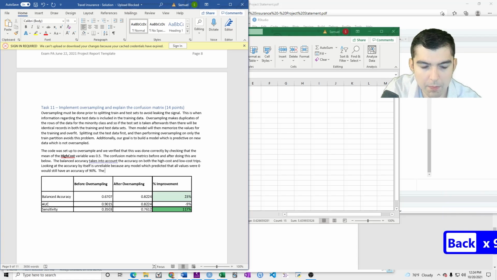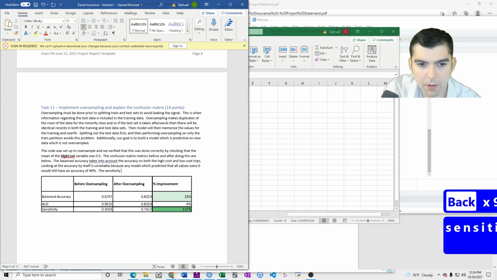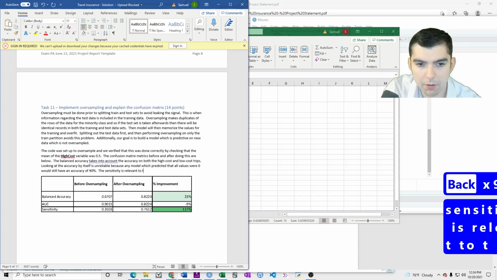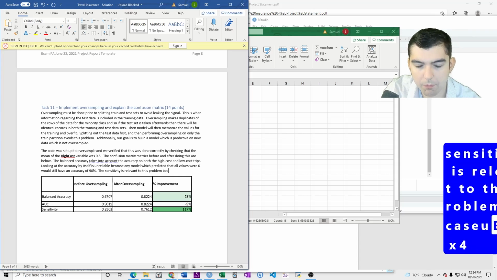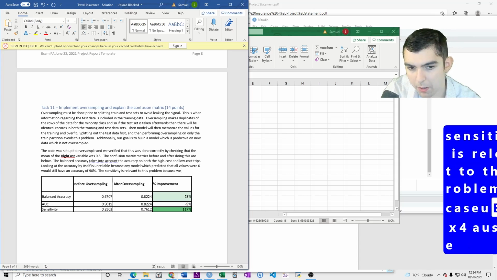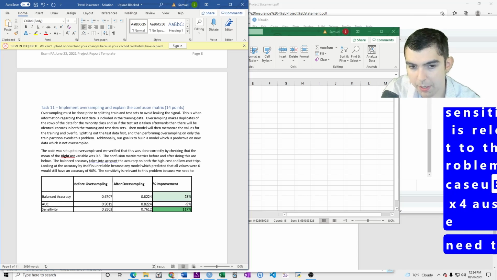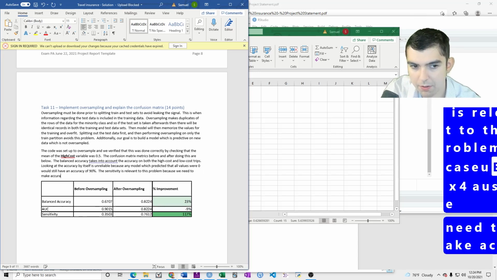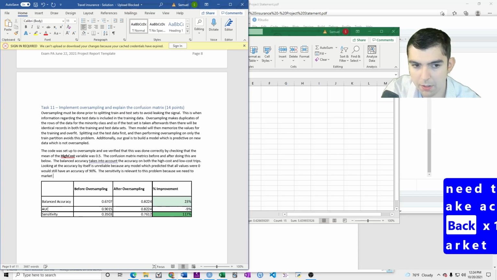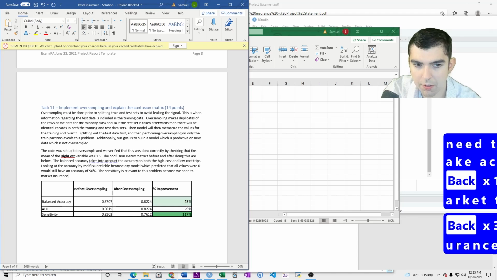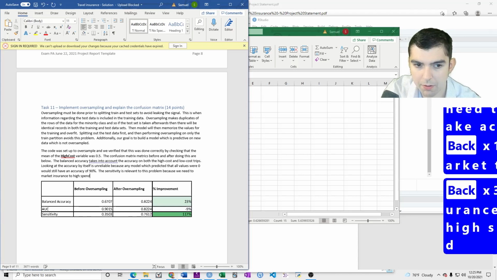The sensitivity is relevant to this problem because we need to make accurate predictions. We need to market insurance to high spenders.